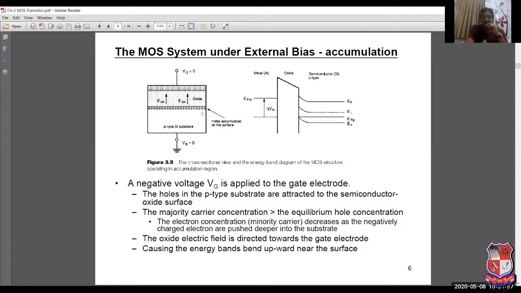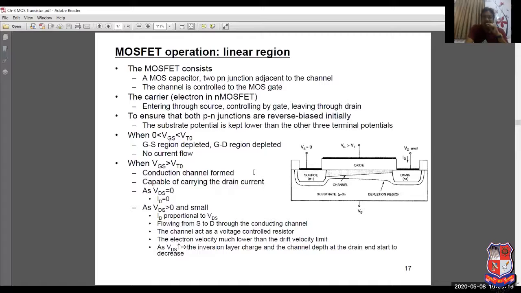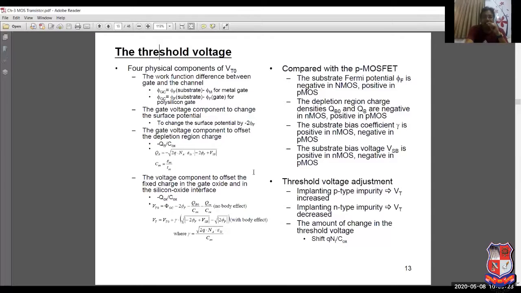Because of that, the holes are accumulated on the surface, and there is no possibility of any conduction of electrons in this particular case. Only holes are collected. Therefore, this particular condition is known as accumulation. So this is what happens when some amount of negative voltage is applied at the gate terminal in a P-type substrate material. Okay, now if you slightly apply a positive voltage,